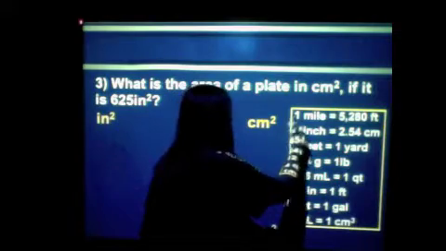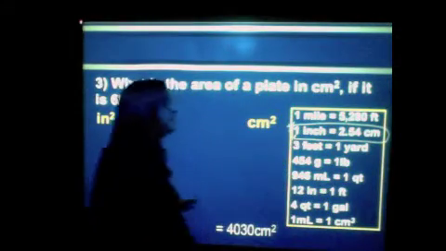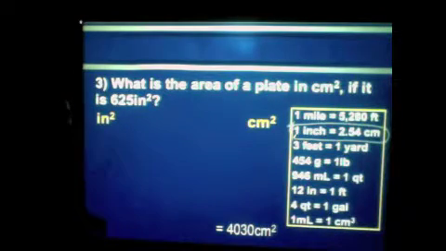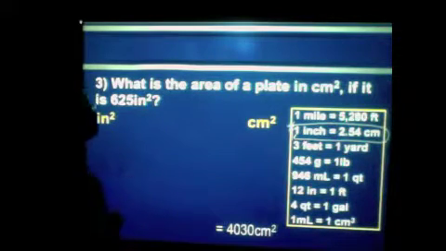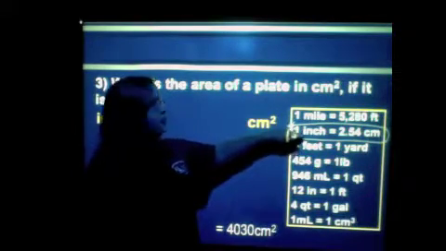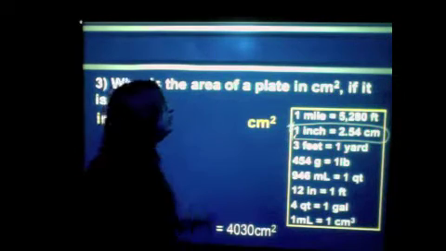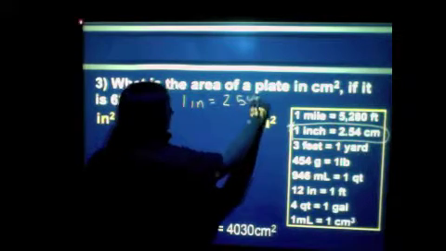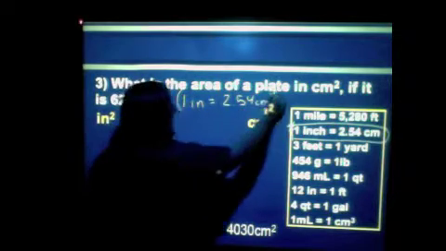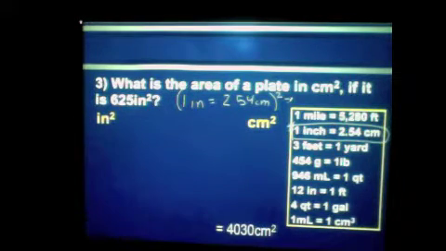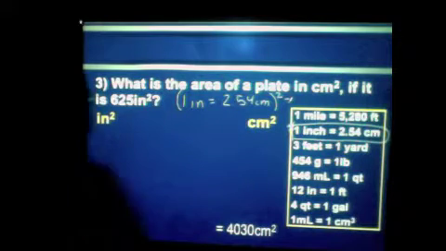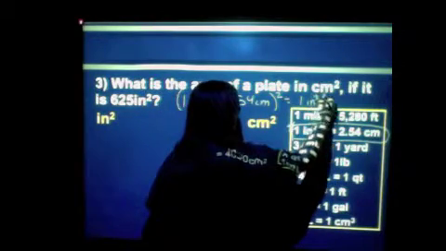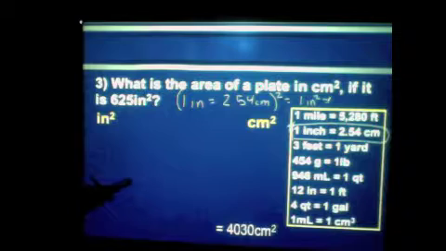Inches to centimeters is the same one that we've been working with right here. But there's a difference. We have our squares. Now, this is going to be the key thing here, is that since these are squared, we need to square this conversion before we can plug it into the conversion table. So what do I mean by that? So this means literally you're going to take this and square everything inside. So when you square everything inside, okay, 1 squared is 1, inches squared is inches squared, equals 2.54 squared